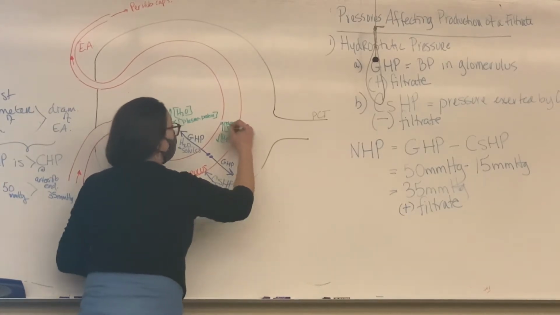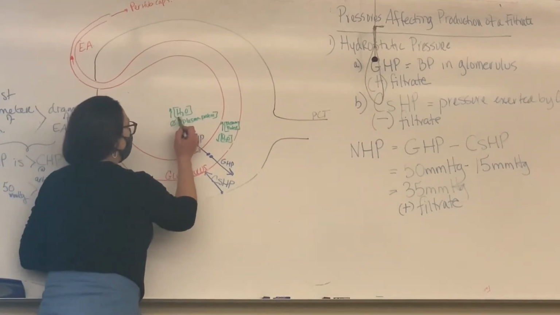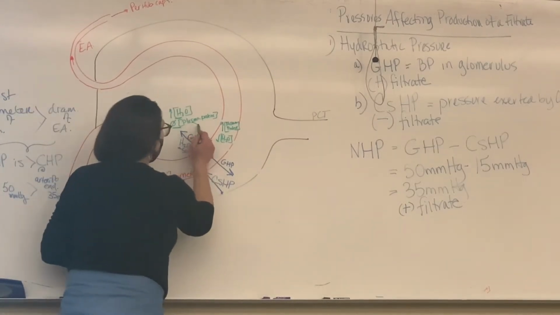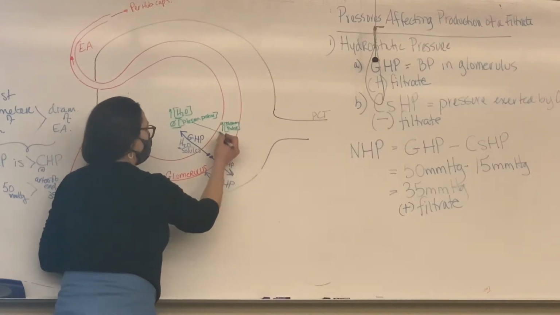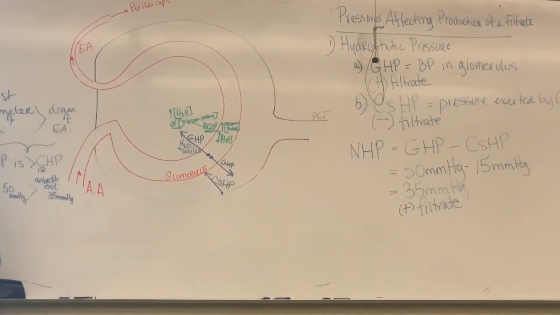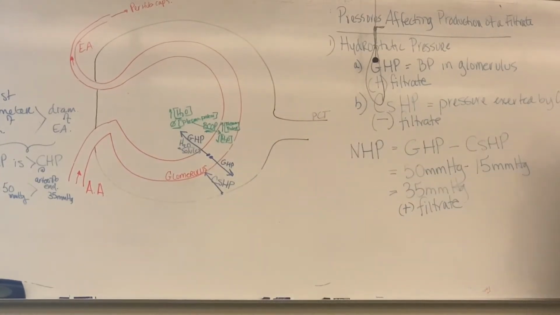And based on that force right there, just osmosis, where will water go? Water's going to move from high water, low solutes, not all solutes, low plasma proteins, to an area of low water, high plasma proteins. This force is our BCOP. BCOP is going to draw some of that water right back into the glomerulus. So if we look at our BCOP, this is the driving force for water to move